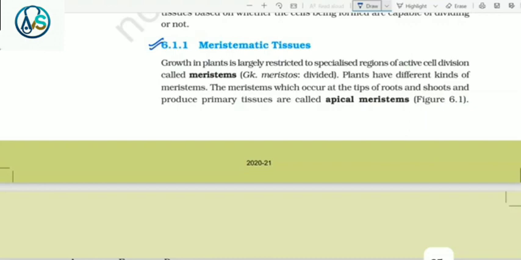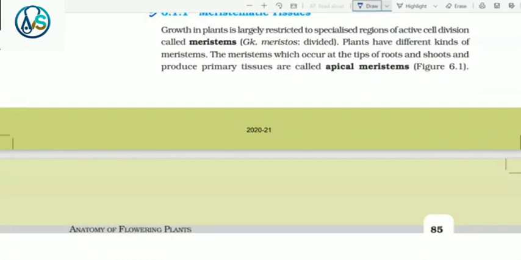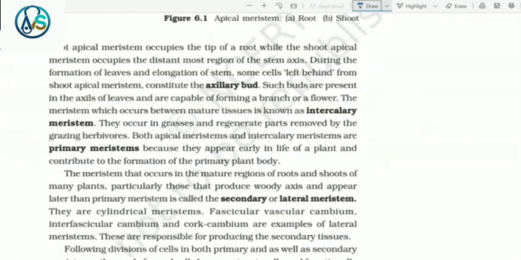6.1.1 Meristematic tissues. Growth in plants is largely restricted to specialized regions of active cell division called meristems. Plants have different kinds of meristems. The meristems which occur at the tip of roots and shoots and produce primary tissues are called apical meristems. Root apical meristem occupies the tip of a root while the shoot apical meristem occupies the distant-most region of the